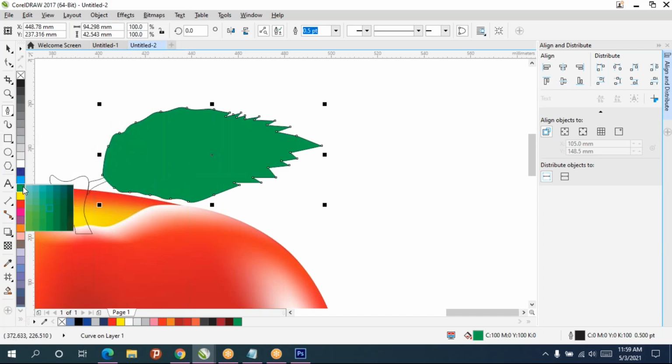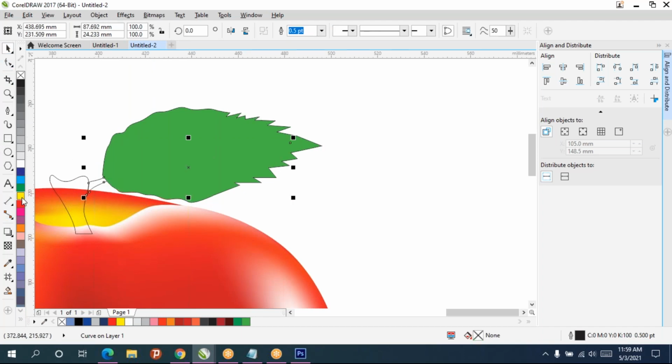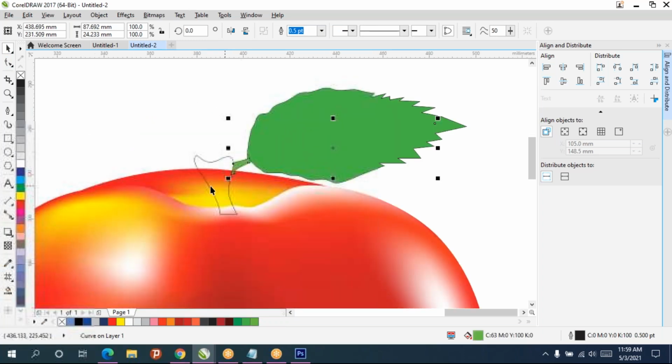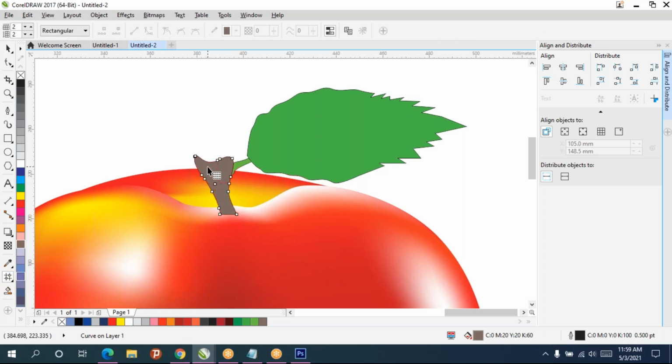So I'll give light green. And this one I'll select. For this also you can apply mesh fill. So if we scroll down, we will get more brown colors.